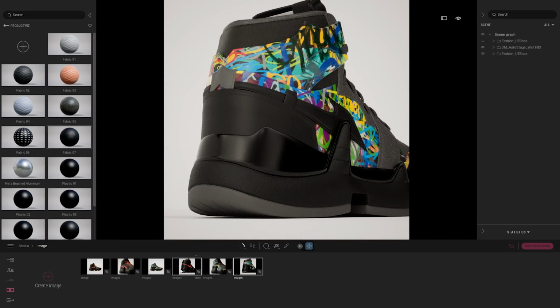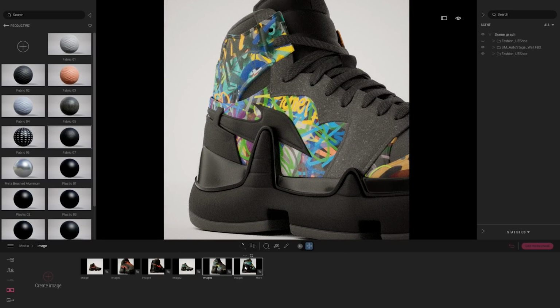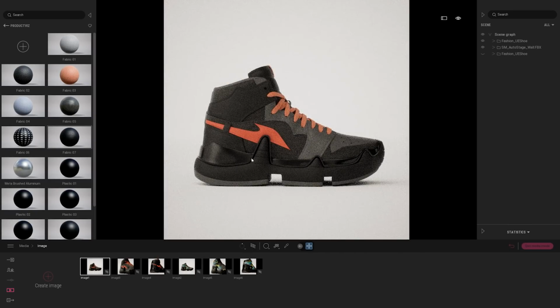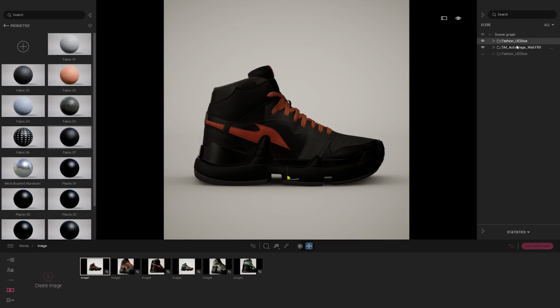I've even packed the image together by moving them around like that. So I have my first set of colors and my second set. The last thing I want to show in this tutorial is maybe another lighting scenario. So for that, I'm going to select my shoe, select the wall that is behind the shoe.